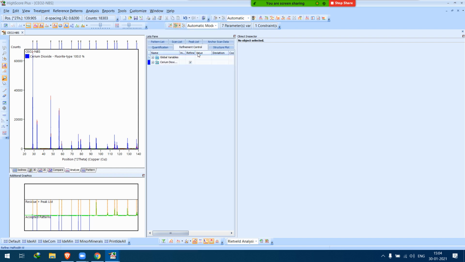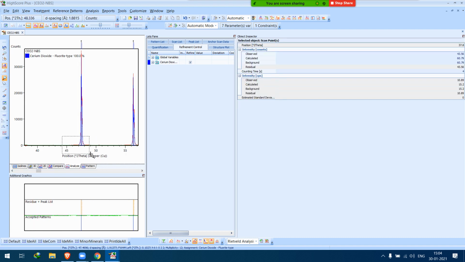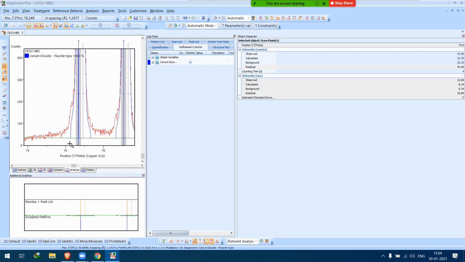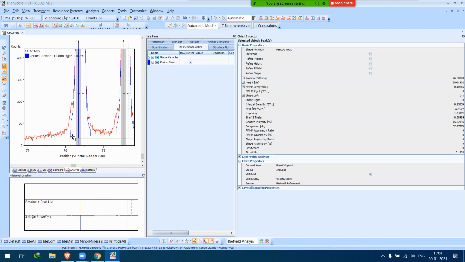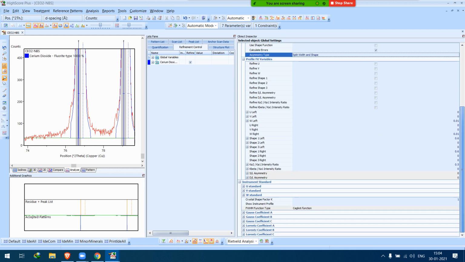This refinement part is very important. You have to consider all the different data, all the different possibilities that may happen there. In the last part I told you, if the fitted profile or the calculated profile is dropping down very suddenly, you have to go there and change the value from 20 to 30 or whatever fits for you.